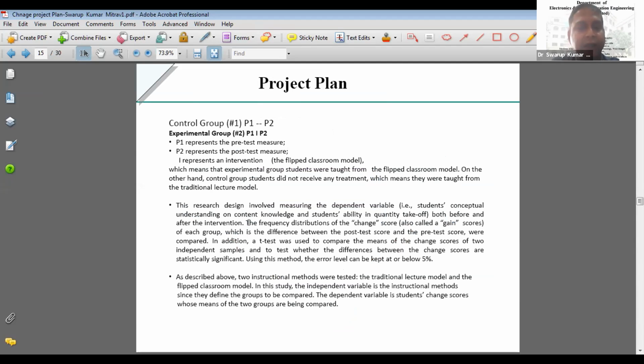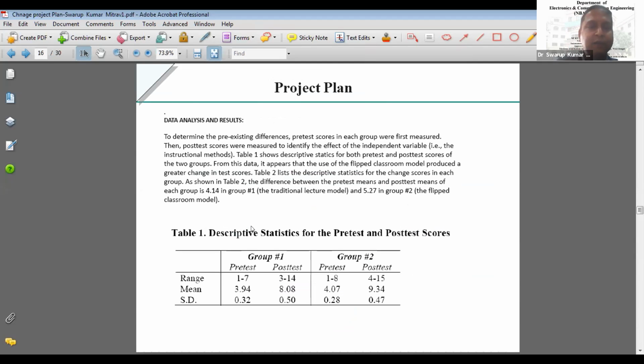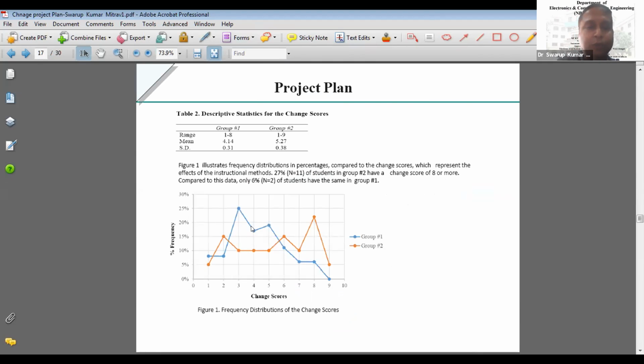I have taken a survey, and the results show that for the flipped classroom and the traditional way of taking classes, the scores have been recorded, and we have a frequency distribution of the two. I can see a small abrupt change where the flipped classroom, in blue color, shows a significant change compared to the traditional classroom. I have surveyed around 67 students, both males and females, and conducted the survey on that basis.